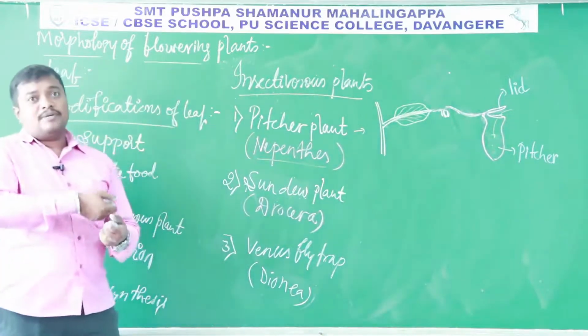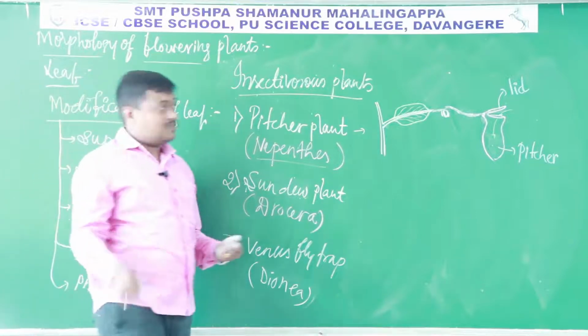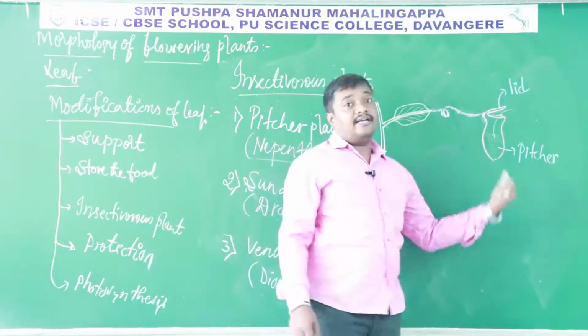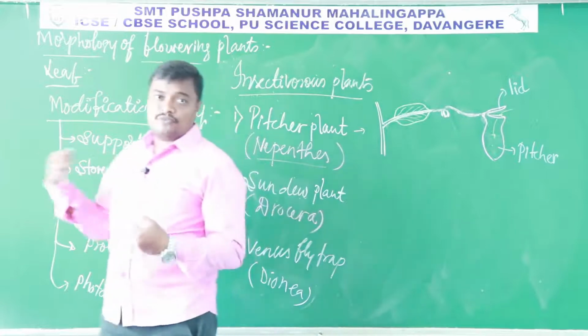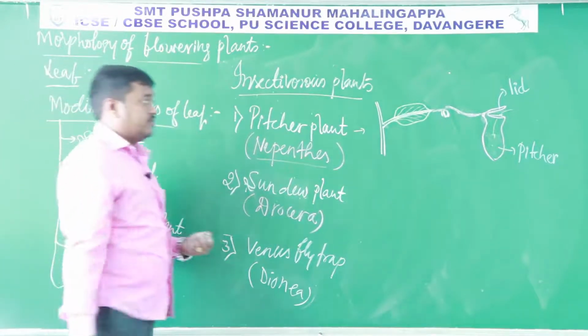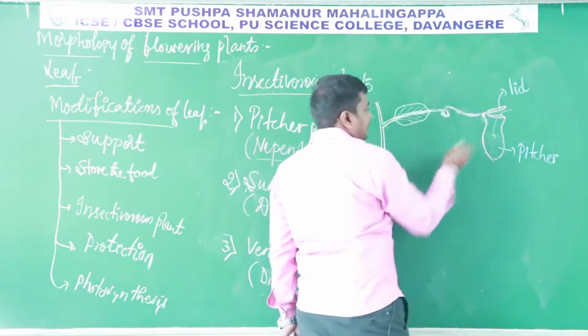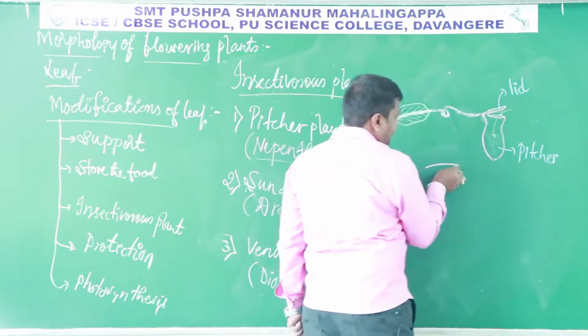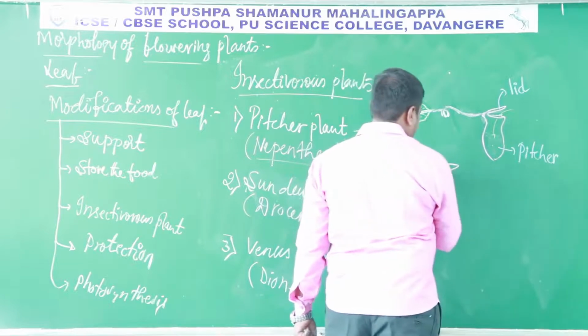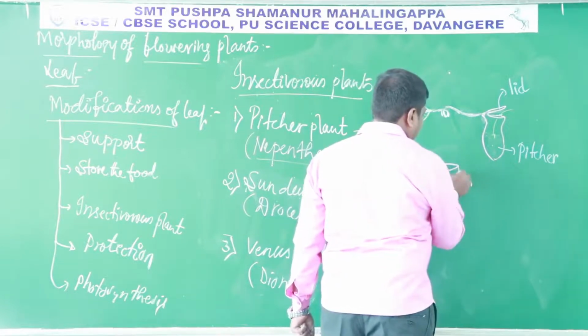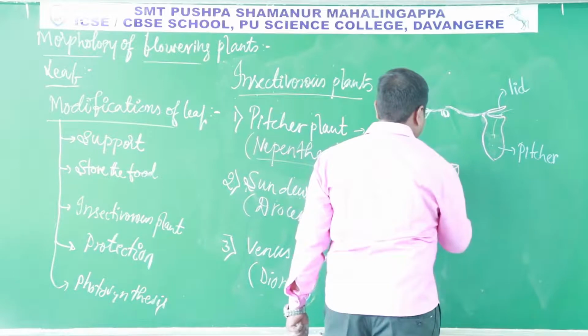Okay, and that pitcher starts absorbing the nutrients. So it has some digestive enzymes. Those digestive enzymes help in absorption of only nitrogen. Okay, and there is a chance that an insect, after falling into this pitcher, may escape. But that will not happen. Because